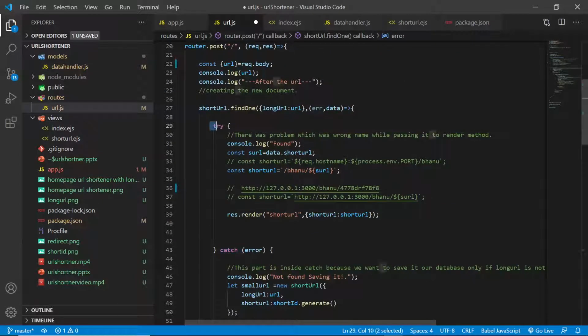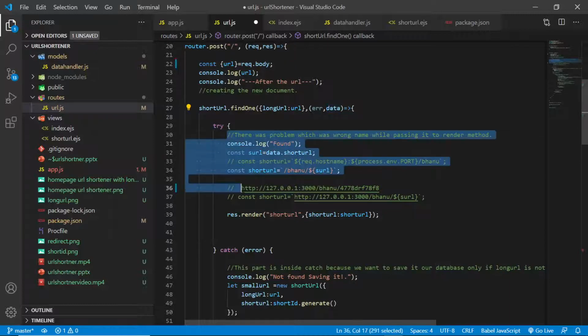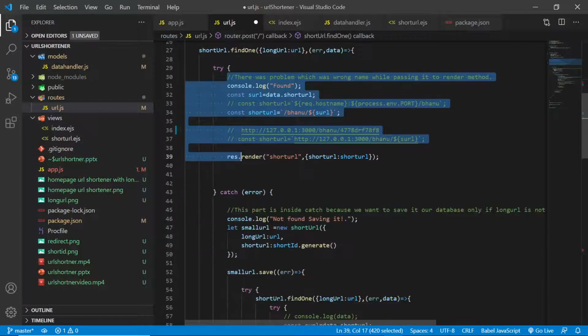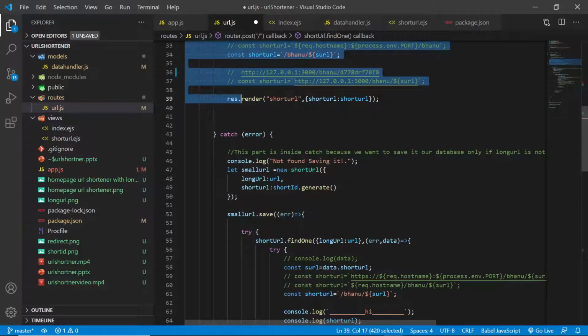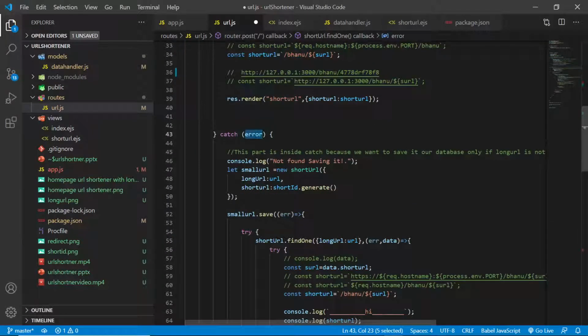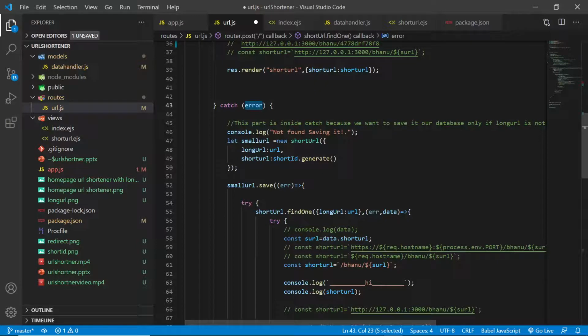We said that if the data is present, this try will be executed. If it is not present, whatever we write inside the catch will run. So inside the catch, what we are doing is console dot not found, saving it.